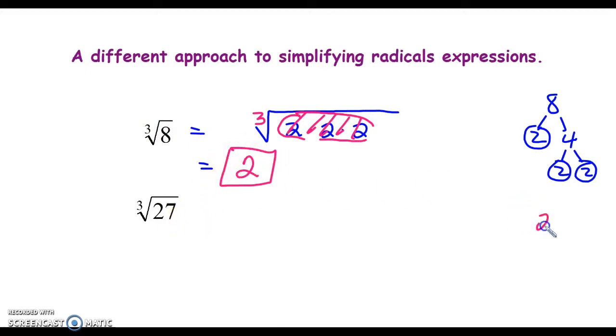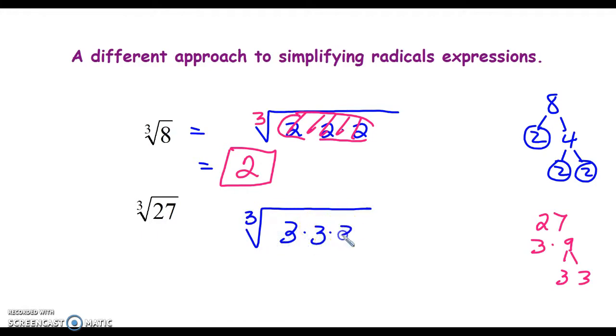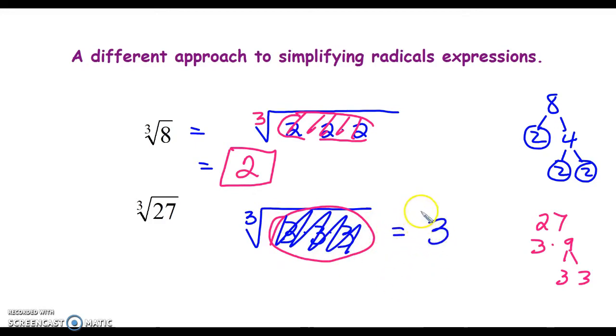All right, 27. 27 is 3 times 9, and 9 is 3 times 3. So let's use this approach. We're doing the cube root of 3 times 3 times 3. If you can group them in groups of 3, they come out from underneath the radical sign. These cancel each other out, and it comes out as a 3. There's nothing left under the radical sign. All right,